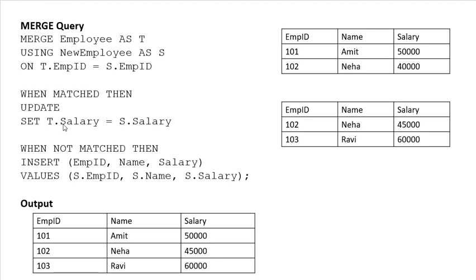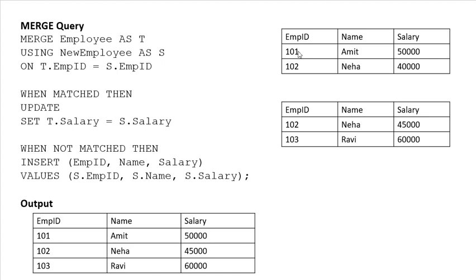WHEN MATCHED THEN UPDATE SET t.salary = s.salary, so the two tables match the salary by employee ID. WHEN NOT MATCHED THEN INSERT a new record (employee_id, name, salary) VALUES (s.id, s.name, s.salary);